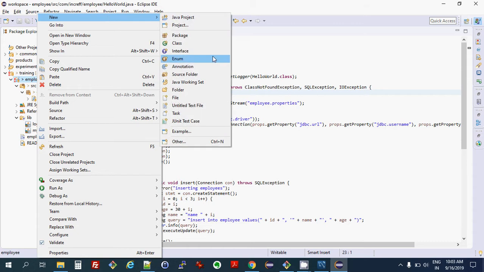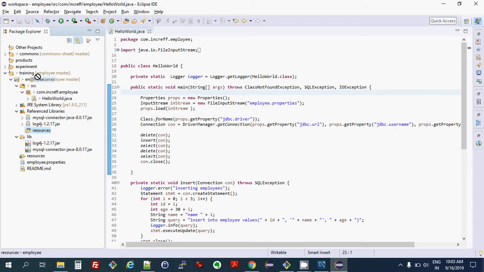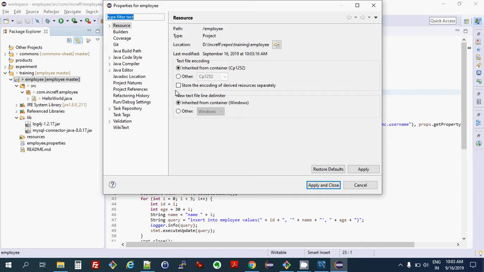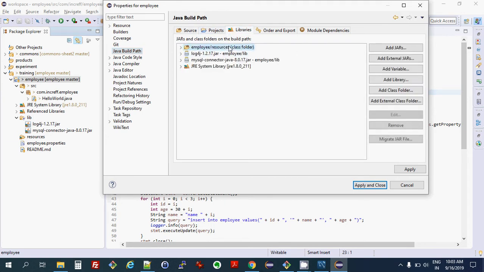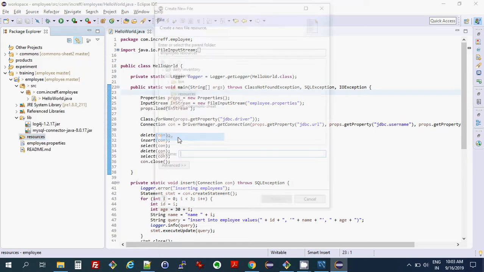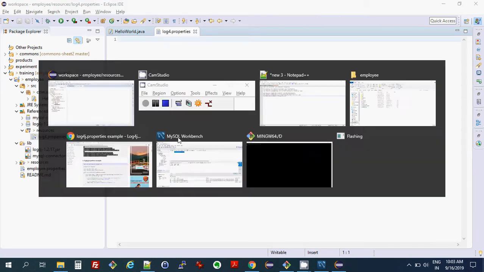So we'll create a new folder over here called resources. And then in properties, in libraries, this resources should be added. So if it's not already there, you can just add class folder, click on resources, and you are done. And in this, you can create a new file called log4j.properties,